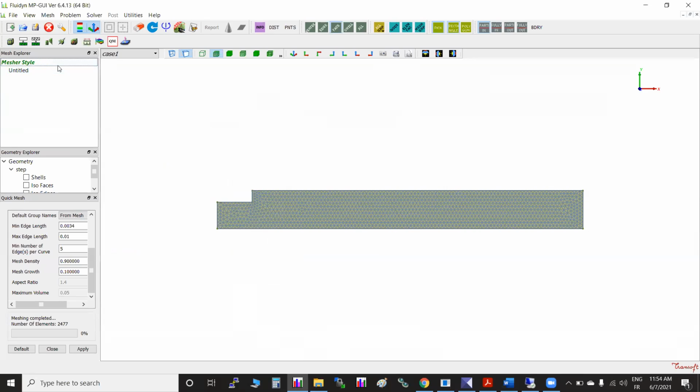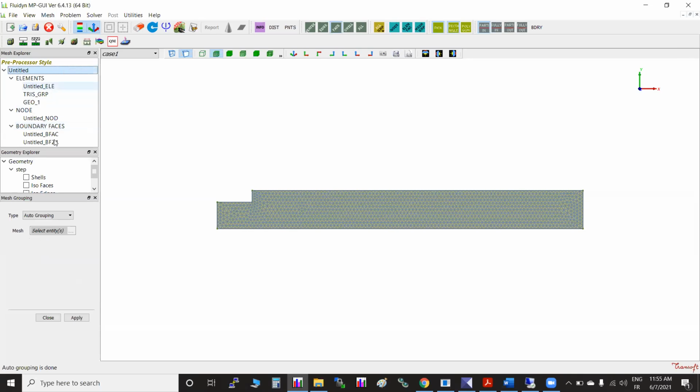Another thing what we do is, this is a mesh. If you want to know the entities of the mesh element, we just change it to preprocessor by left clicking it. This is just to save some auto grouping, which creates all the groups which were explained in the previous session. Okay. All right. So like this, we can create multiple